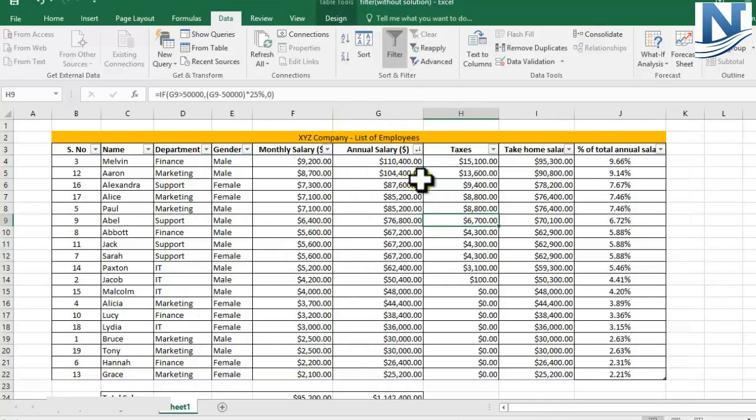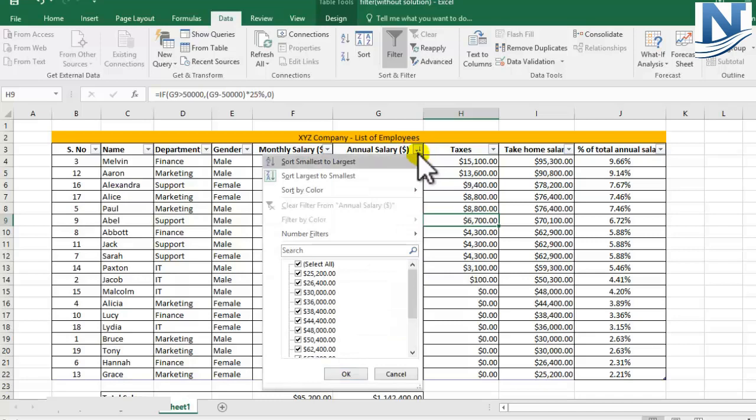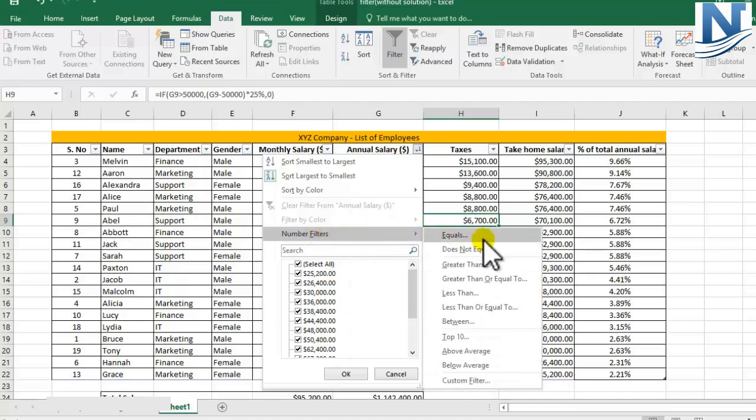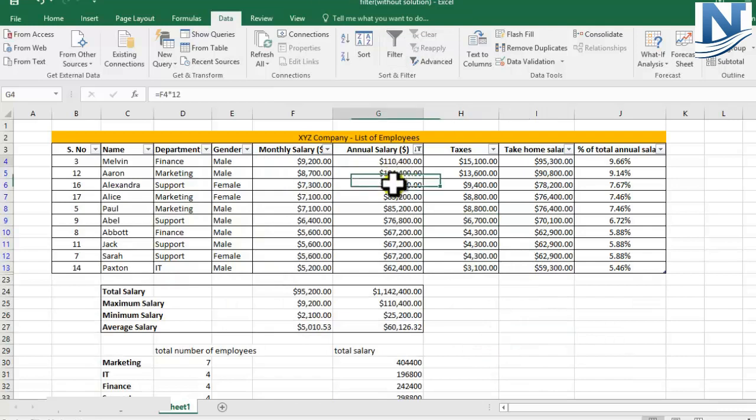What I mean by something advanced is I want to find out how many employees have their salary above the average numbers. So instead of you finding out the average salary and then manually doing it, you can make use of filter function. But now you just click on the drop down arrow and do not go anywhere over here. You come to number filters and you can see there are various options which are given to you. So if we want to find out above average salary, I'll click on this option for above average. So can you see the salaries of all the employees which are above average will be listed down.